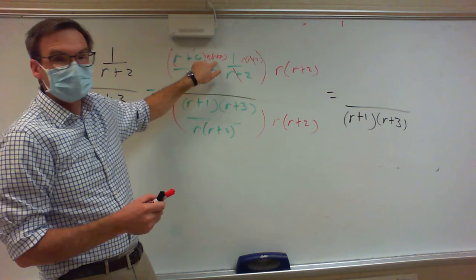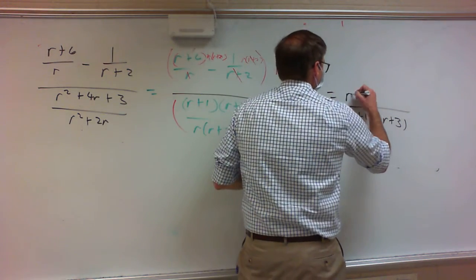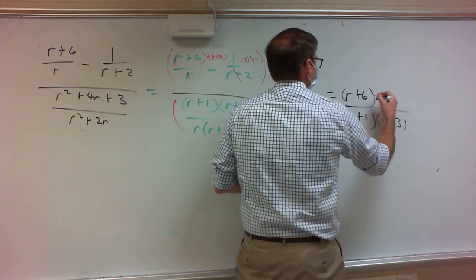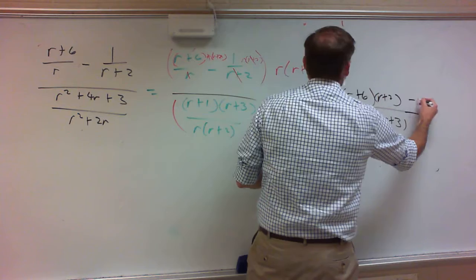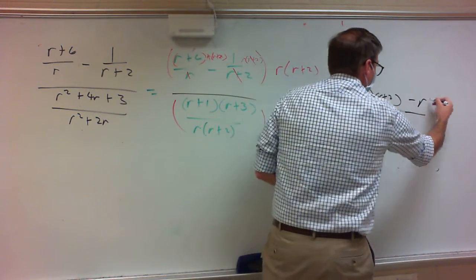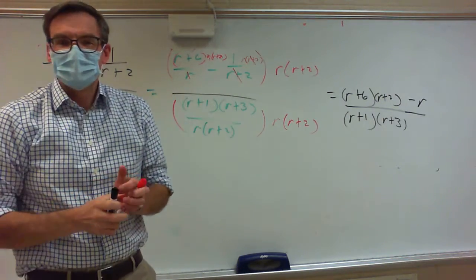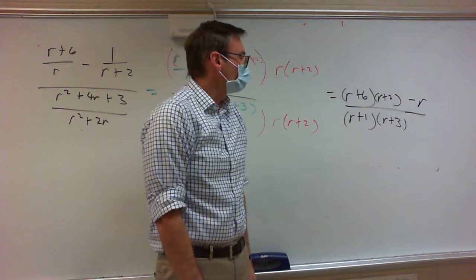So I'm left with r plus 6 and an r plus 2, minus. We get r plus 6 and an r plus 2. And then minus an r, right? Everybody see how we got here? Okay, now,